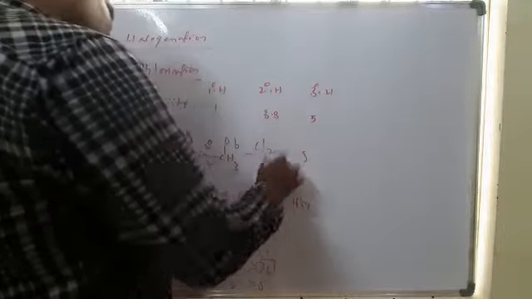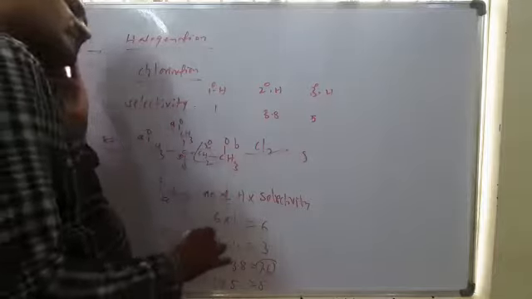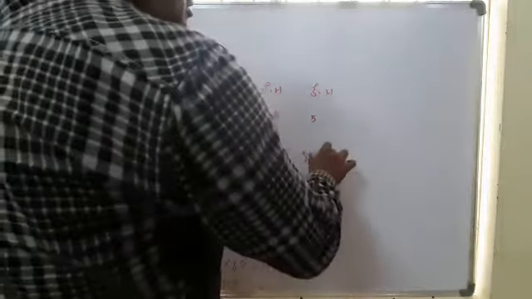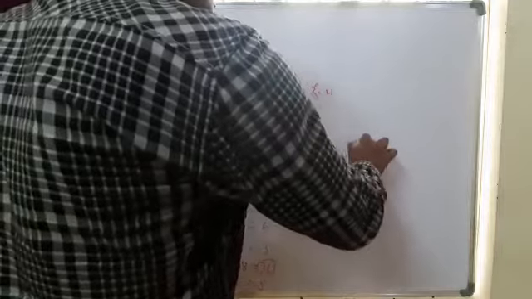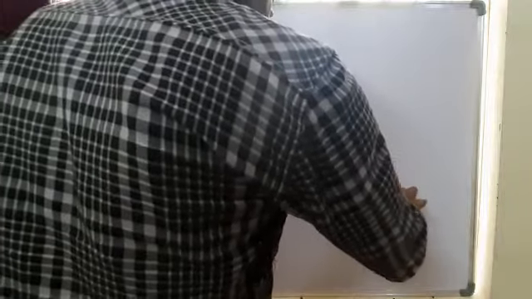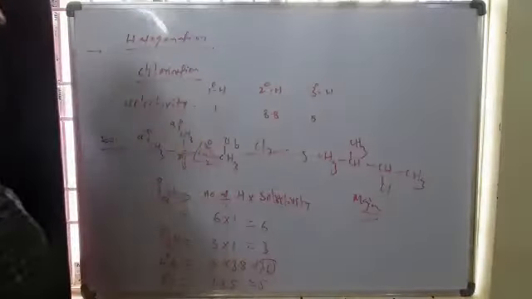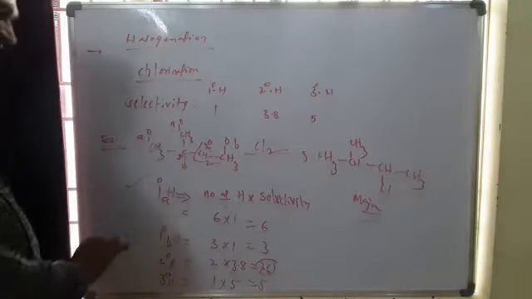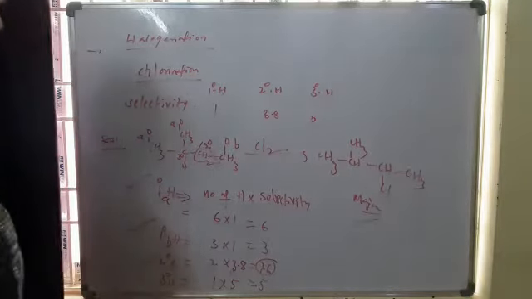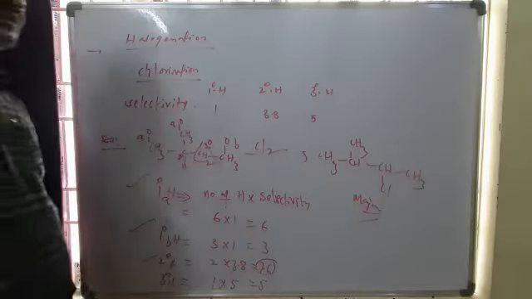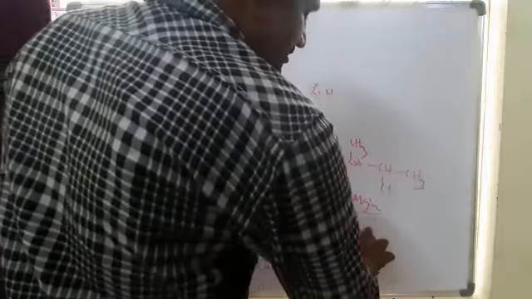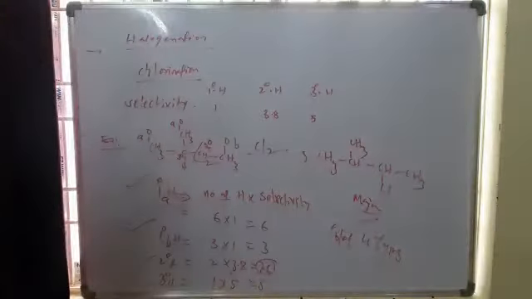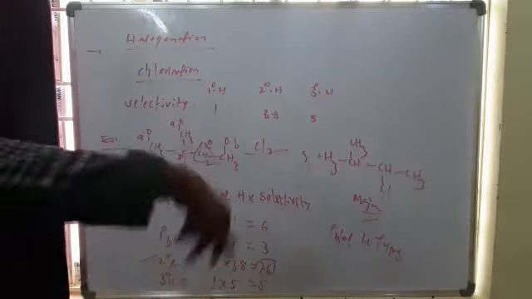So upon chlorination, the major product formed is at the secondary position because its selectivity value is more. This is the major product. Total possible products equal the number of types of hydrogens. Primary A one type, primary B one type, secondary one type, tertiary one type, so total 4 types of products. But the major one is from attack at the secondary hydrogen.